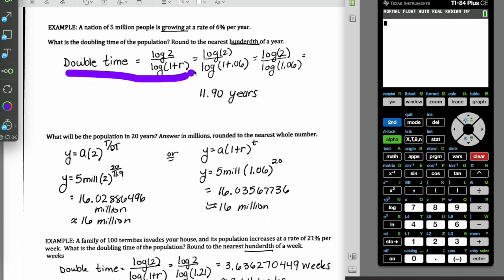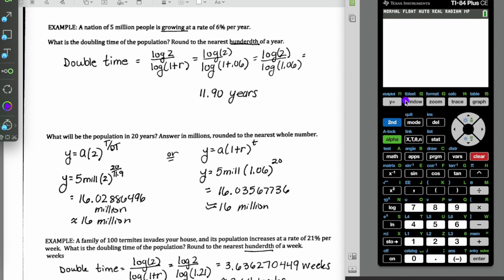So here's our double time formula to find our double time. We take the log of 2 and we divide by the log of 1 plus r. Now we're using plus because it's double time and we're talking about growth. My rate is 6%, but when we put it in decimal form, it's going to be 0.06. So we're going to take log of 2 divided by the log of